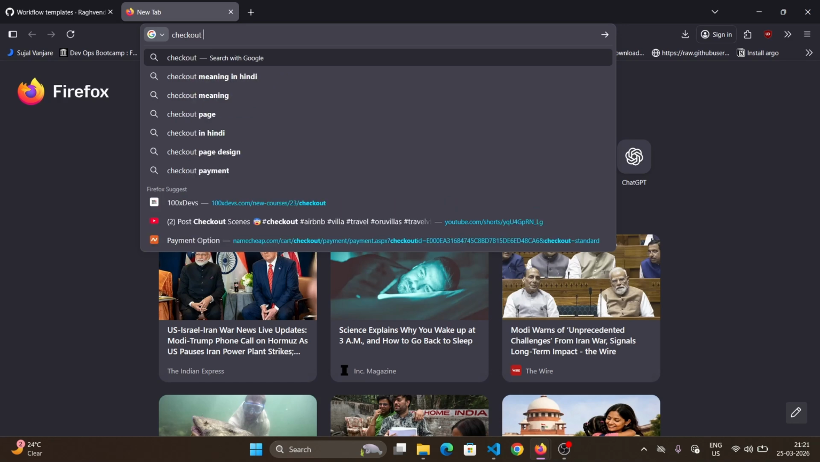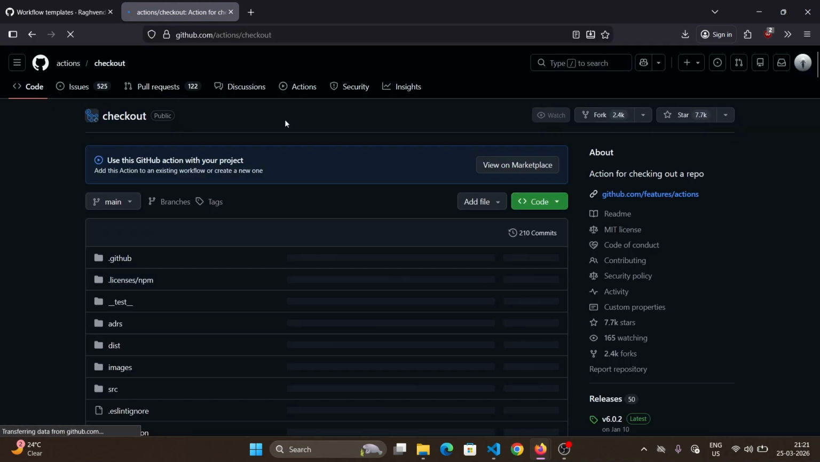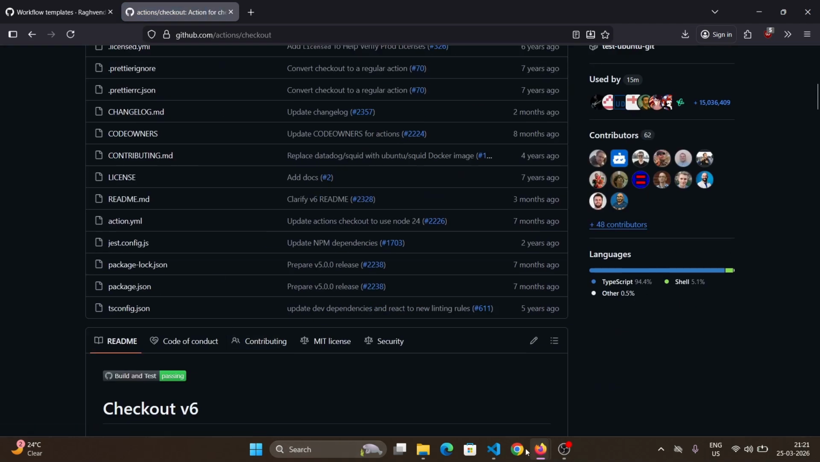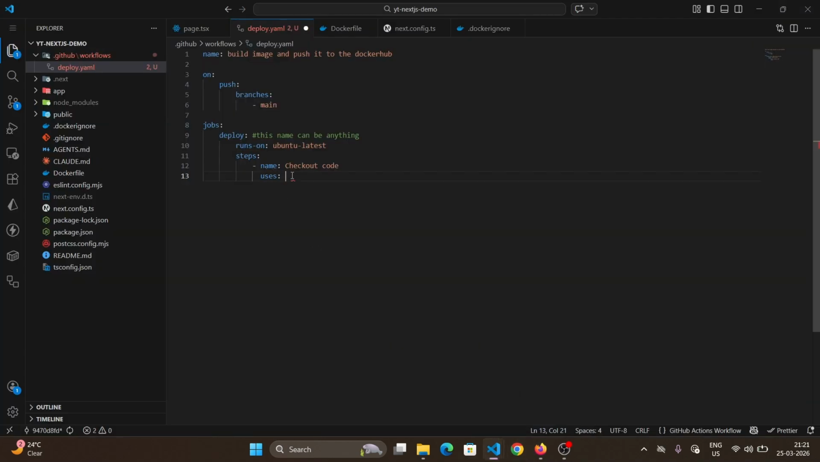Checkout. If you search for checkout GitHub, you will find there is a checkout specific repo. This code will be used. इतना बड़ा कोड बस इस छोटी सी लाइन में यूज़ हो जाएगा जो हम लिखेंगे, that is actions